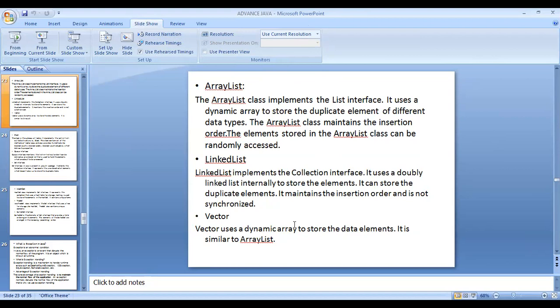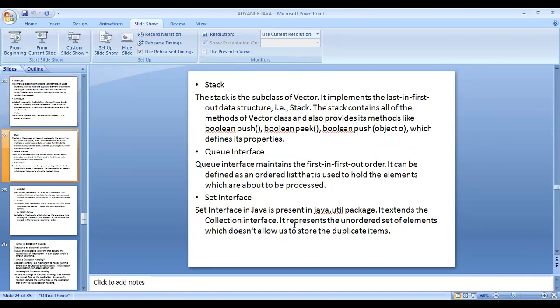Next we can see the vector. Vector is mainly used as a dynamic array to store data elements, and it is similar to array list. Stack is a subclass of vector. It implements last in first out, LIFO.